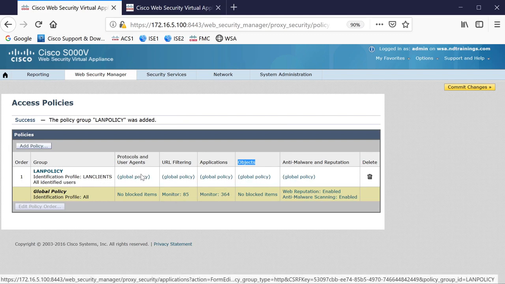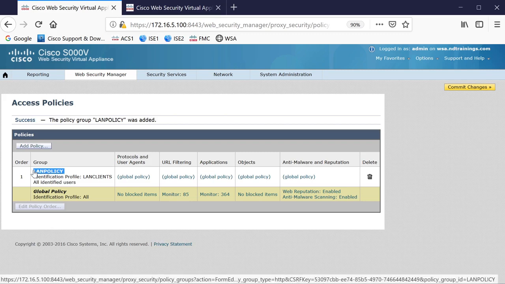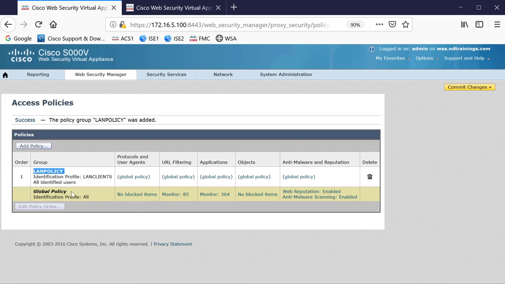It actually mentions global policy, global policy, global policy. So what that means is that our LAN policy at that point is essentially doing the same thing as the global policy. The only difference is that policy number 1 applies to transactions classified as part of LAN client's identification profile. Okay, I'm gonna push this change